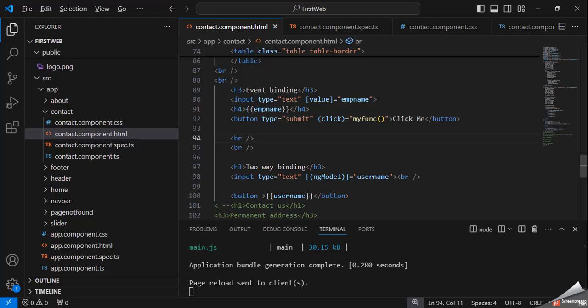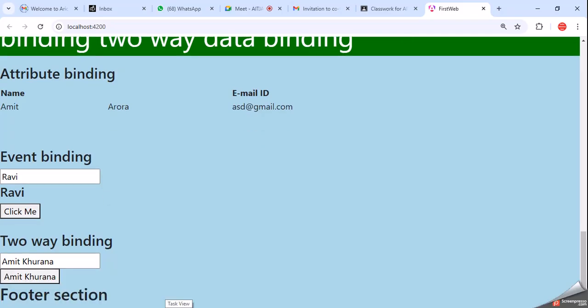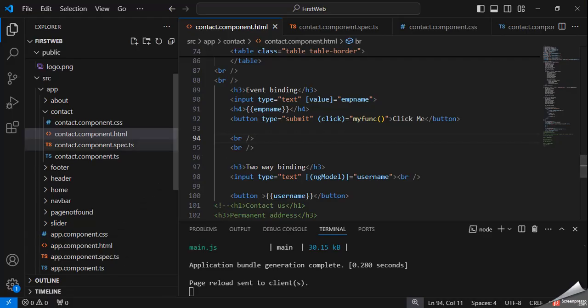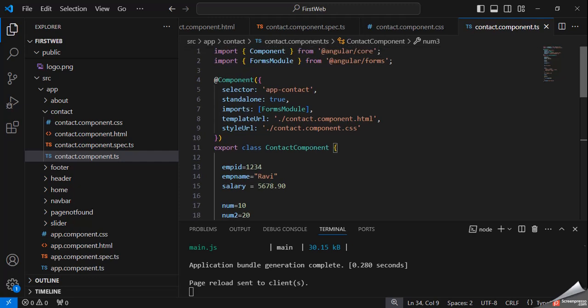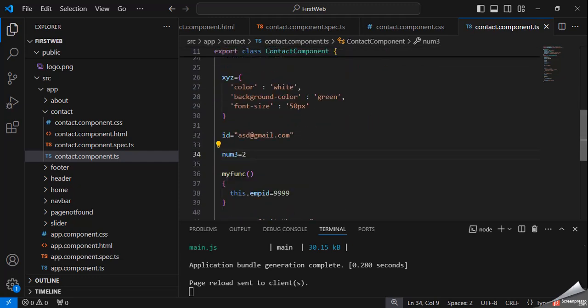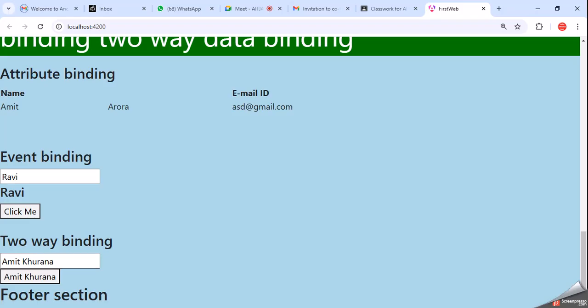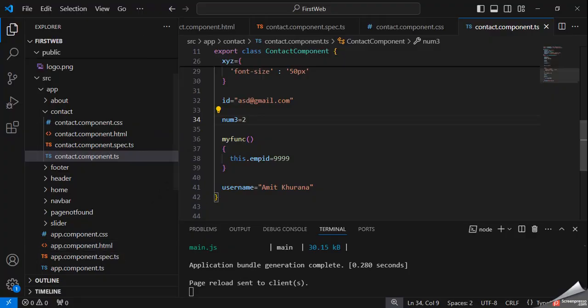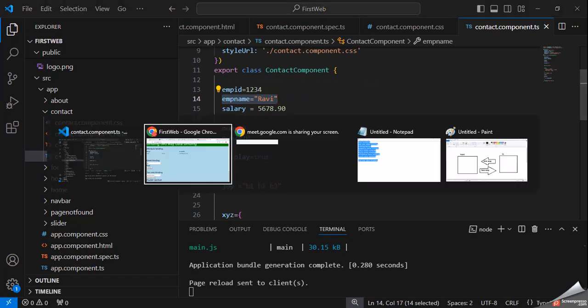So here you can see it's showing Amit Khurana because I have already declared this value in employee name. Username is equal to Amit Khurana. But here, event binding shows Ravi, sorry for this, because I have already declared employee name as Ravi. Here you can see the employee name as Ravi.